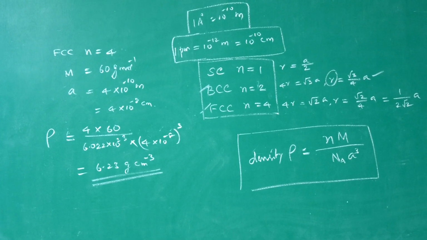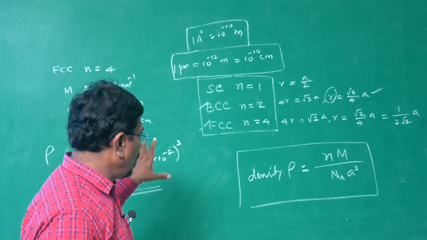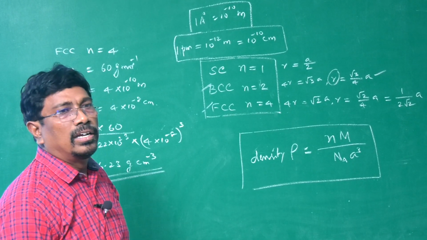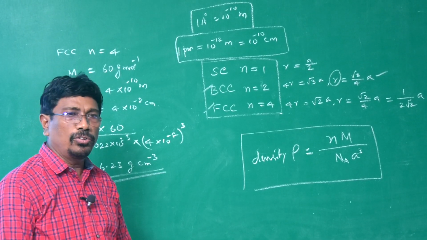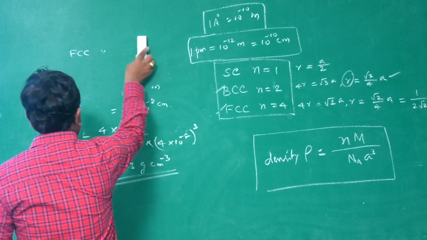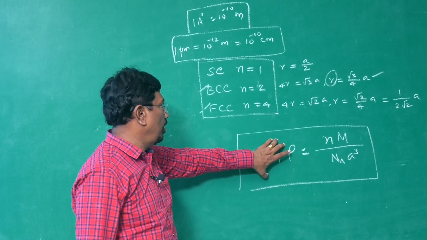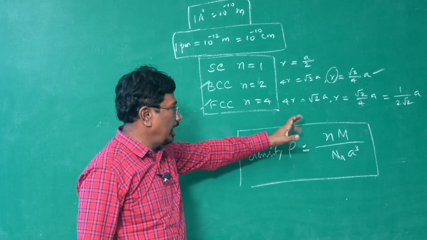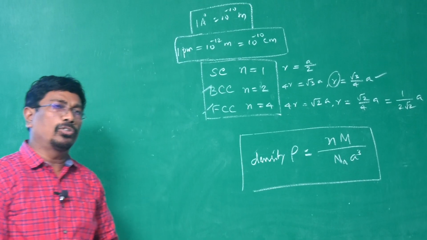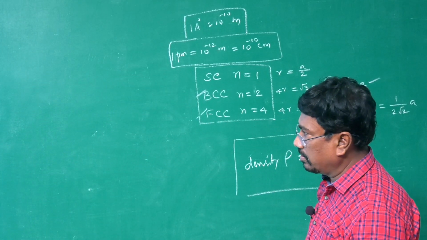So this is how we calculate density. These are all the worked examples given in your textbook. If you are not able to understand any particular point, you can refer to it and easily understand things. Next, let us go into exercise sums. A few exercise sums I thought of solving. Let me go a little bit fast because we know the formulae for all: density formula, number of atoms, radius and edge length. So it is mere substitution, and you can do the arithmetic yourself. Now let me go into question number 2 in the exercise.